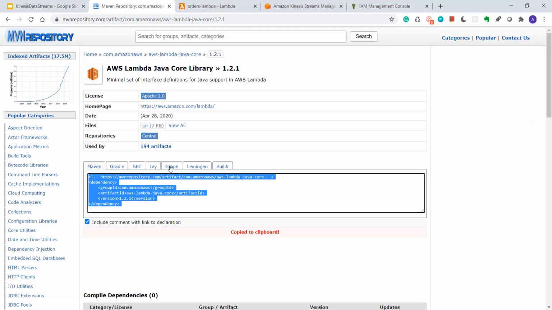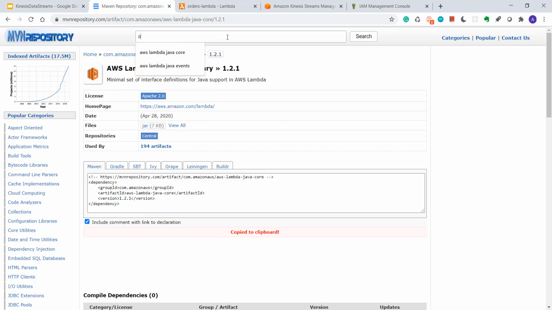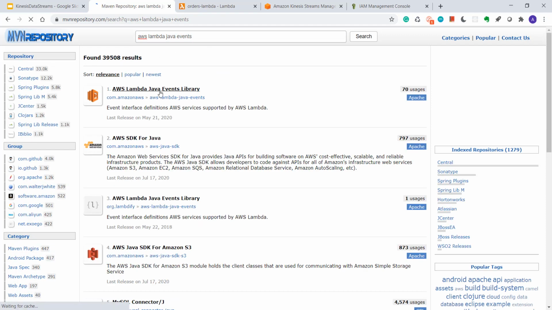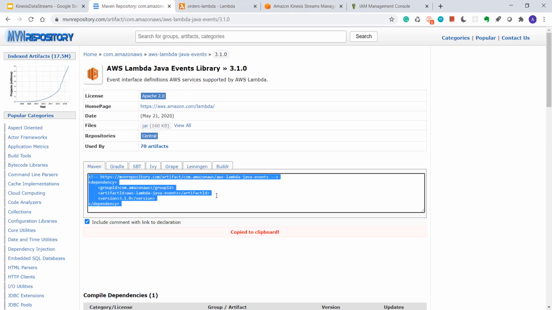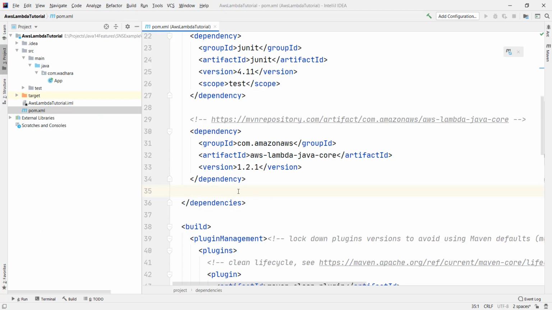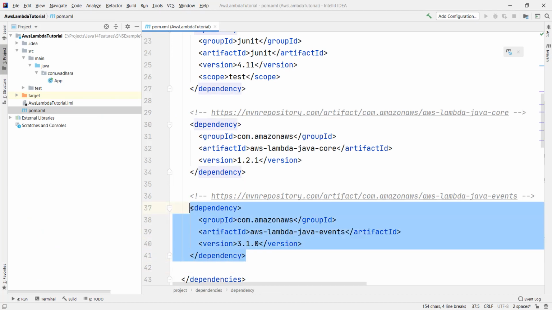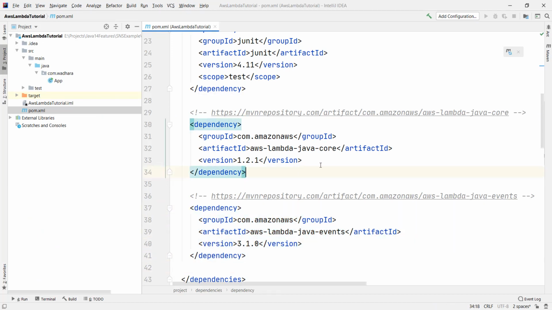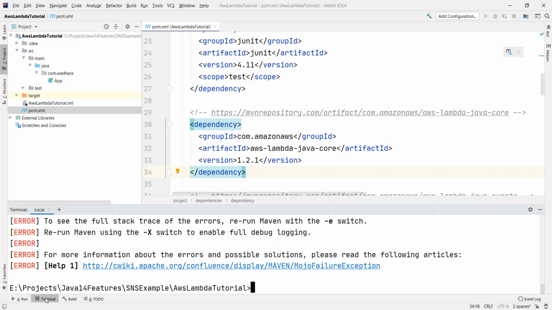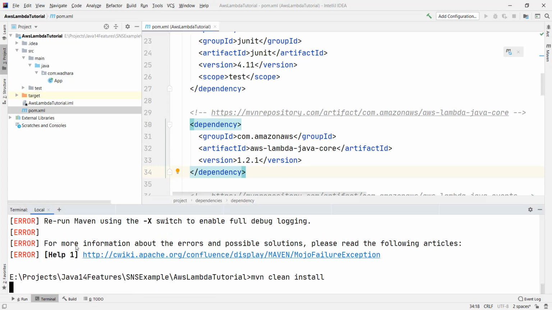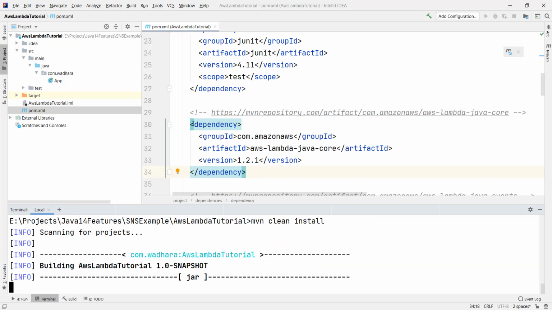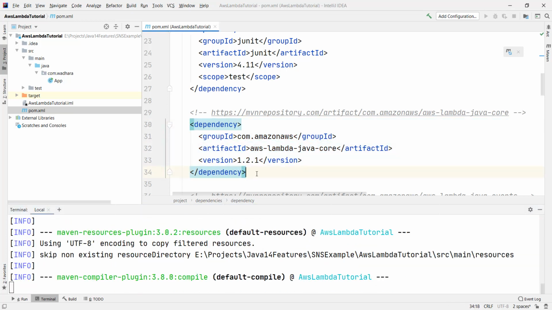The next one is AWS Lambda Java Events. This dependency is required if you are creating an event handler. I'll explain that in some time. So these two dependencies are done, and I'll run mvn clean install so that I have all the dependent classes.